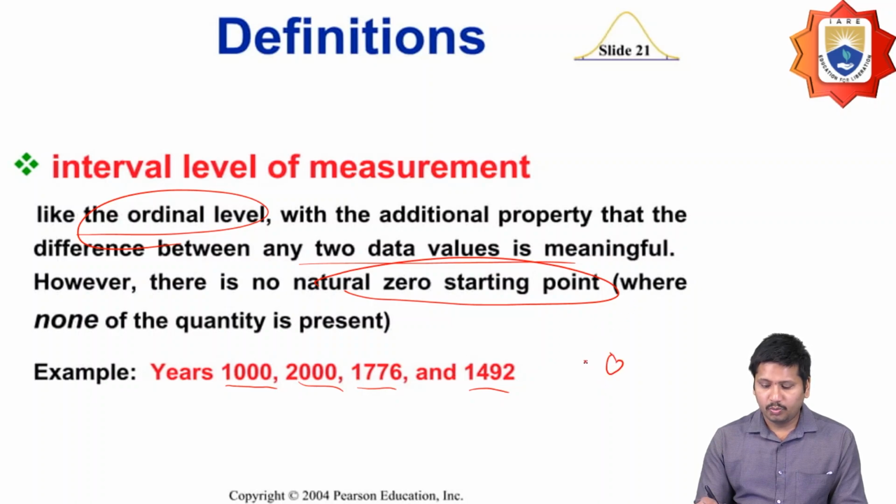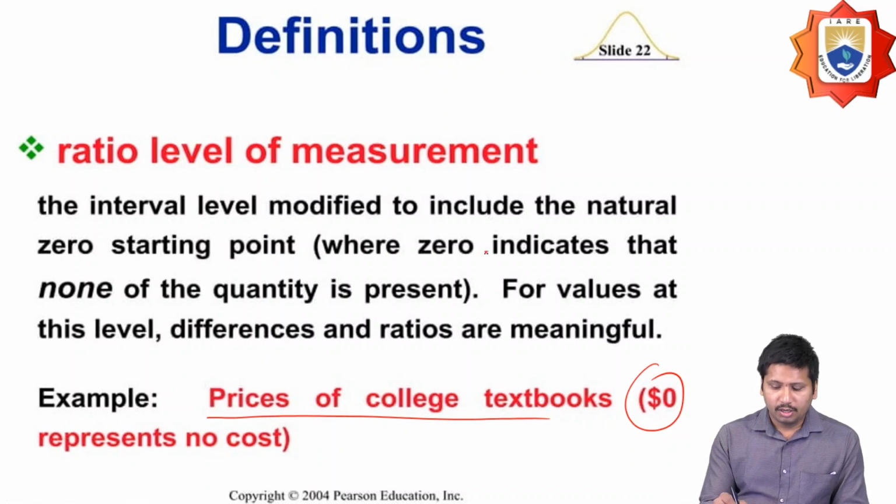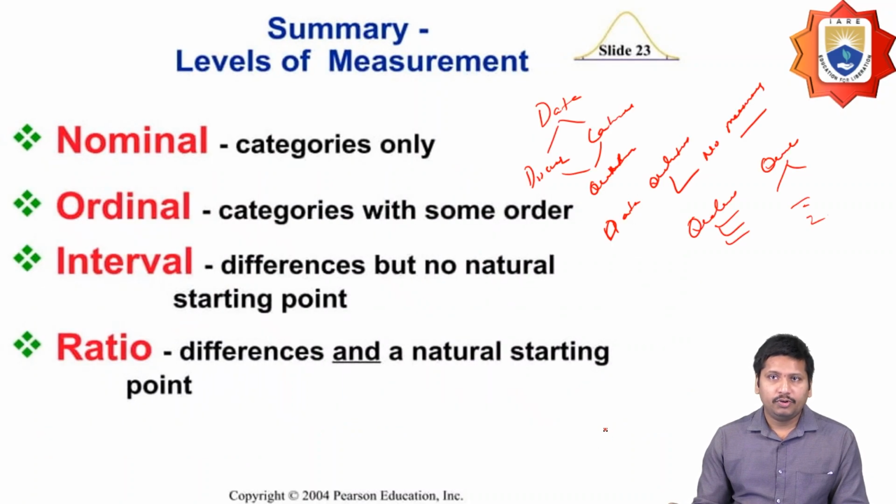And if the value does not start with 0, then it should be treated as the interval level of measurement. And ratio level of measurement means the data is going to have a 0 starting point, where 0 indicates that none of the quantity is present, for example the price of college textbooks. And if we look at the summary, then it should be nominal,